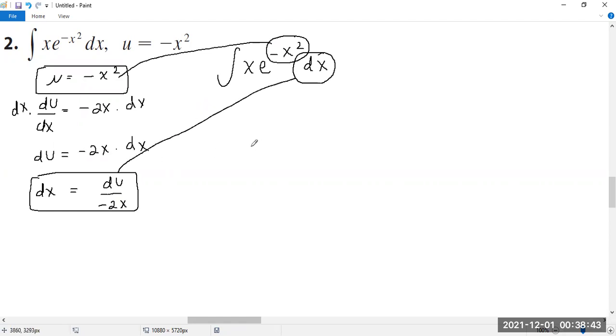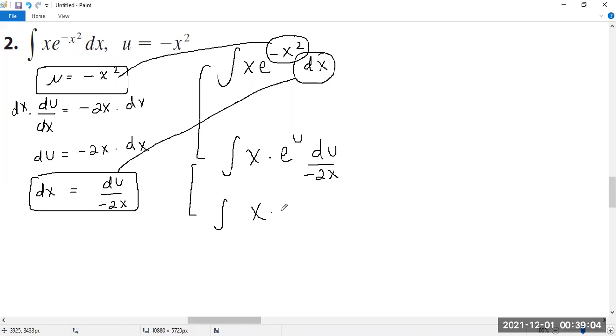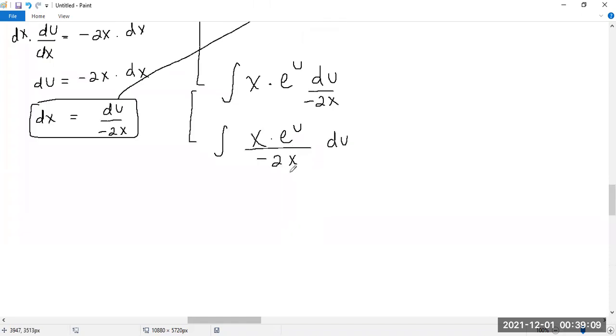So with that in mind, I can say that this is actually equal to, I have my x times e to the u. Remember, u is equal to negative x squared. And then dx is replaced with du over negative 2x. If I extend this fraction, I'll have x times e to the u over negative 2x du. The x's cancel out, so I'm left with the integral of e to the u over negative 2 du. I can take this negative 2 out, so I'll say this is negative 1 over 2, e